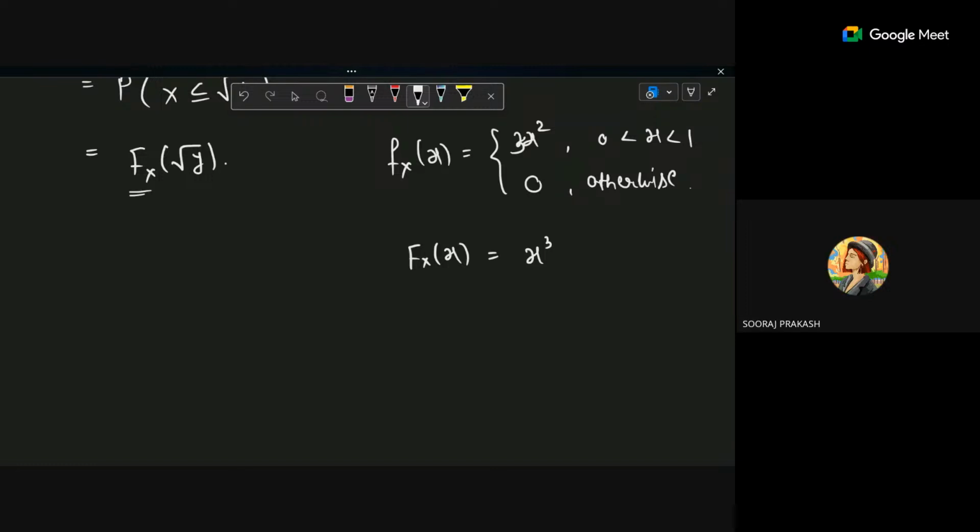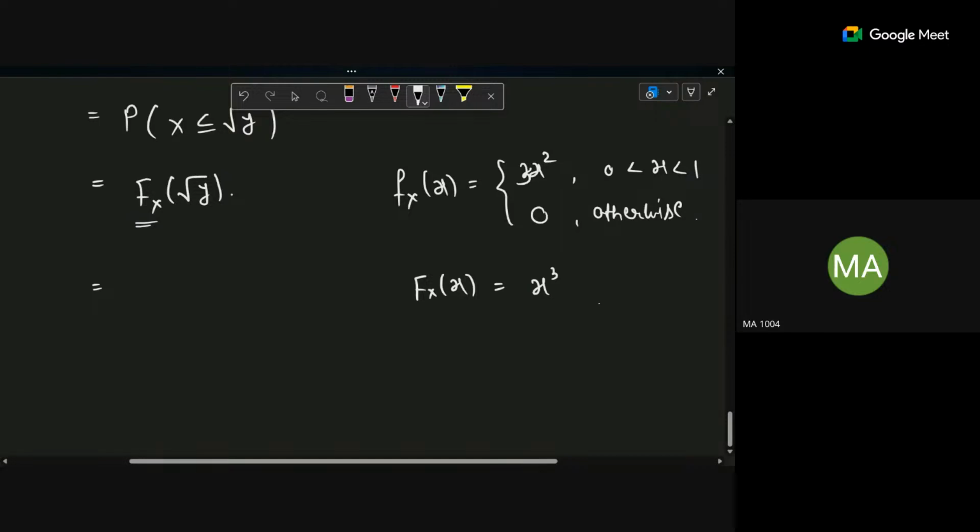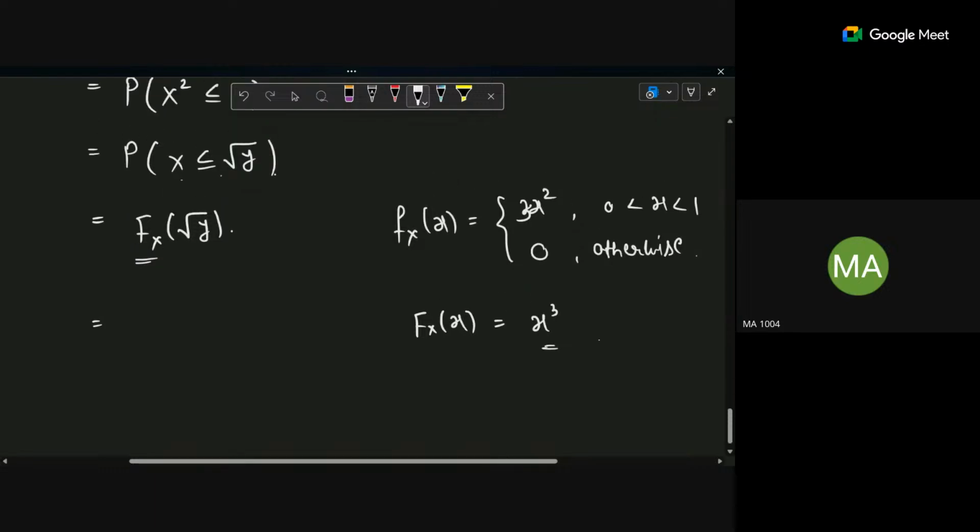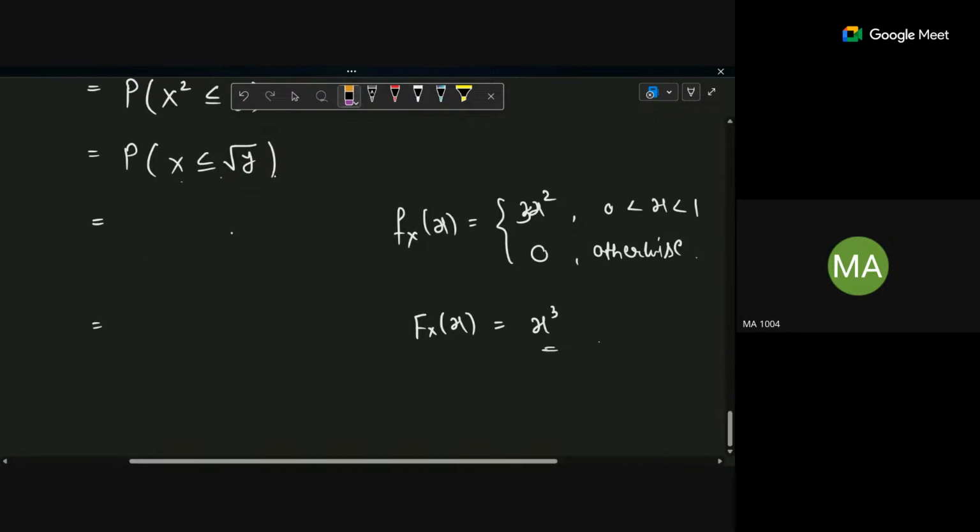So is that true? Instead of x, what? We have root y. So we will integrate from 0 to square root y. Yeah, you can go like that also. That is also fine. Even if you don't want to calculate like this, you can go with the probability that x is less than or equal to square root y. You can apply this thing also, that what he said, x from 0 to square root y, fx of x dx,